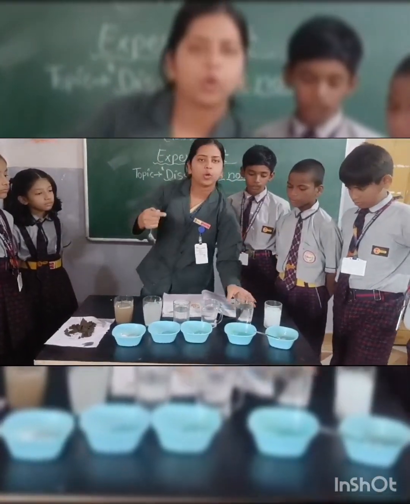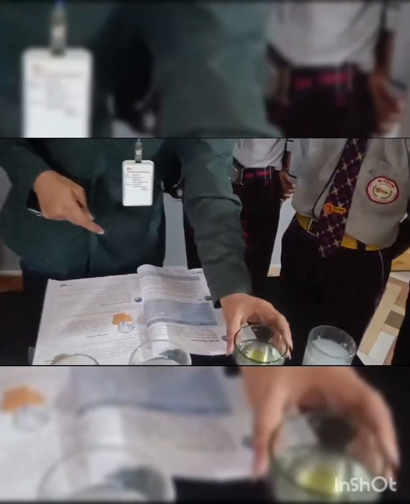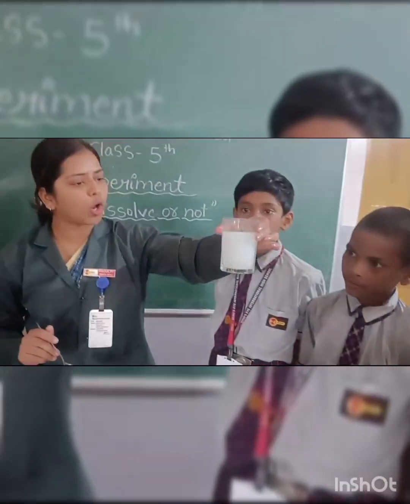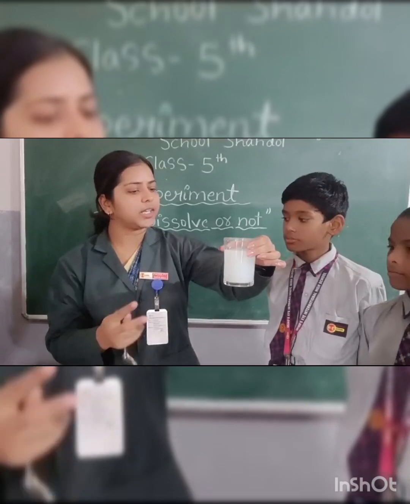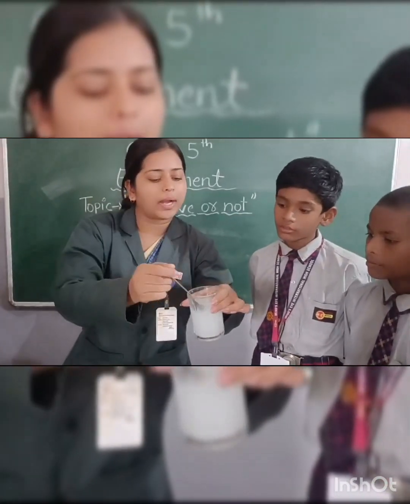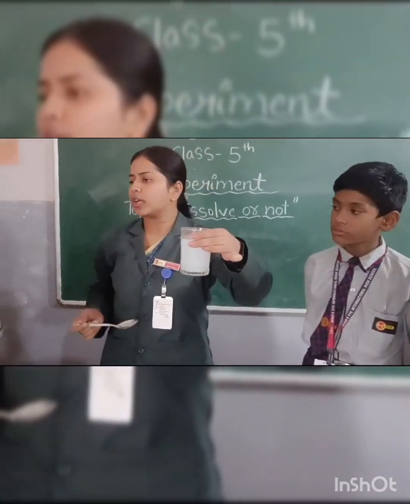Then oil. I want you to look at the oil. Oil is also not dissolved. You can clearly see the oil has settled on the upper part of the water. On the upper surface there is oil. You all can see, students? You all can see, right? Then we move to milk. Is it dissolved? Yes. The water color is changed. It becomes white and it is dissolved because there are no particles. It is fully dissolved, but the color of the water is changed.